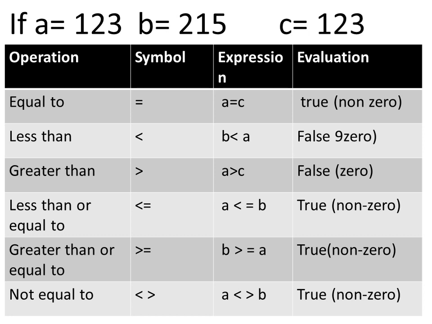Next operation is greater than or equal to. The symbol for this operation is greater or equal to, and if we write this symbol between the values b and a, then it will give us a true result because the value of b is greater than the value of a. And the last operation is not equal to.